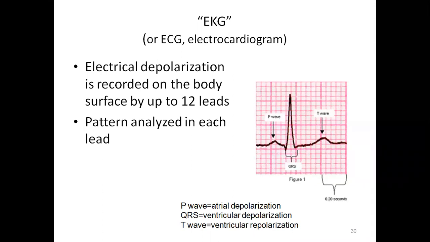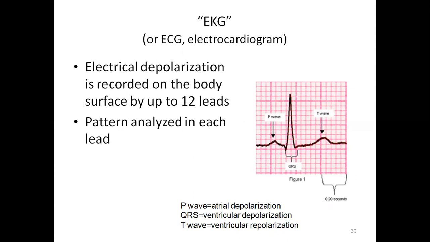So electrical depolarization is recorded on the body surface up to 12 leads, and the pattern is analyzed in each lead. See, the leads are here. We use 12 leads over here. We put them on the different parts, some at the foot, at the toe, and we note down the waves of the heart, how the muscles are working. The electrical